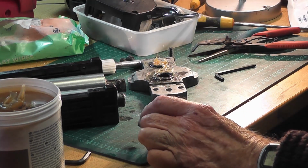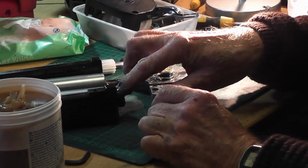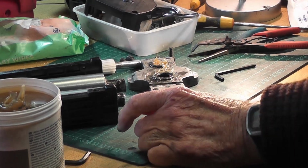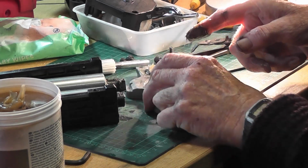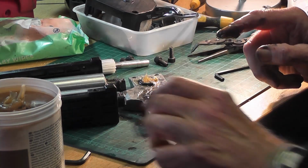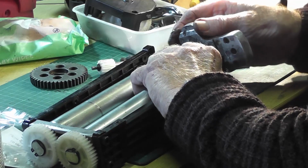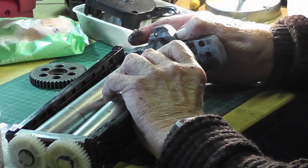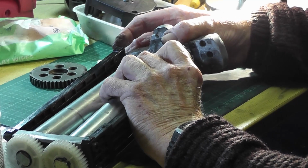You can always clean up the rollers once it's all fitted. Now I need to find my towel, which has disappeared, so I can clean my hands off before I do any more. I'm going to just pause briefly while I clean myself up a bit before I put that back in. Now very gently, let's turn this up on here and get that aligned so that these can fit in again,